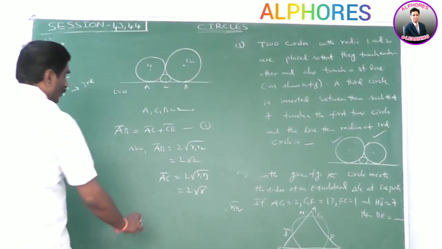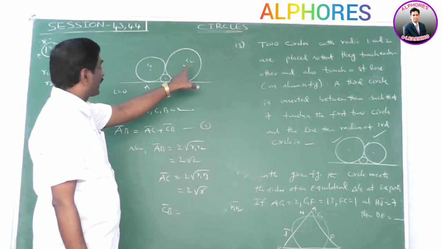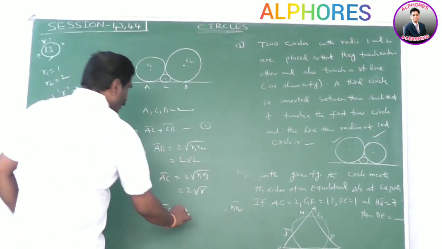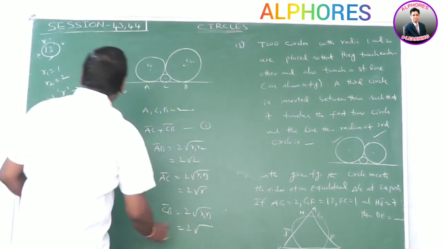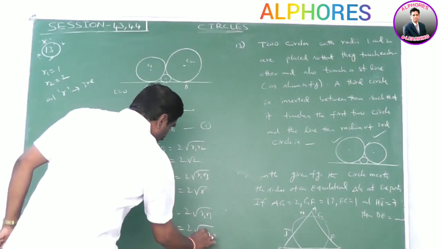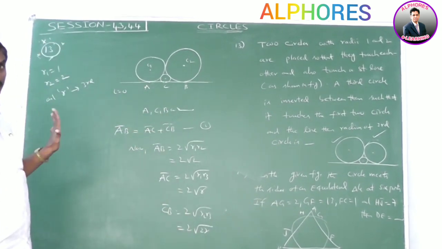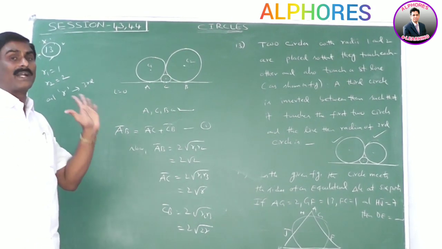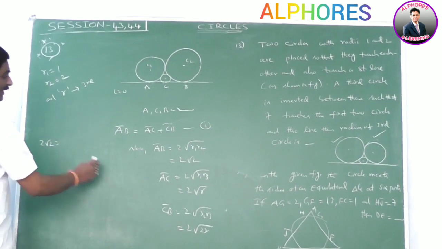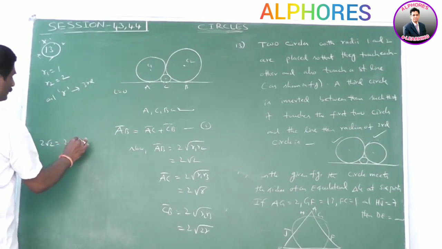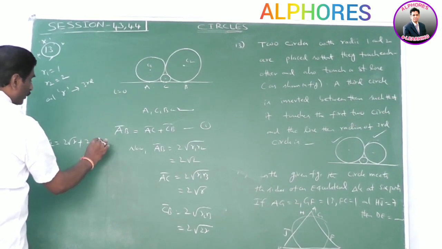Okay. Next, what is the value of CB? CB is the length of the tangent for the circle 2 and 3. That means 2 root R2 into R3. That is equal to 2 root 2 into R. Okay. Substitute these values in equation 1. We get the relation. The unknown value is only R. We find that value. So AB means the value 2 root 2. AC value 2 root R. Plus here 2 root 2 into root R.